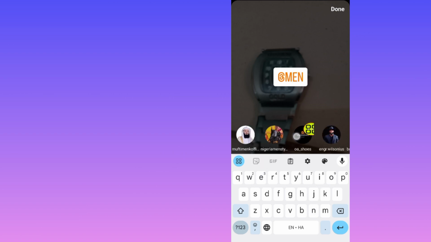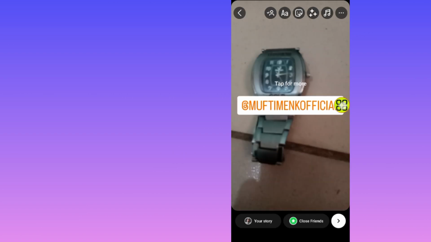If you start typing the name now, it will give you suggested people. So go ahead and choose the person. You can tag up to 20 people on any Instagram story. After you type the text like this,